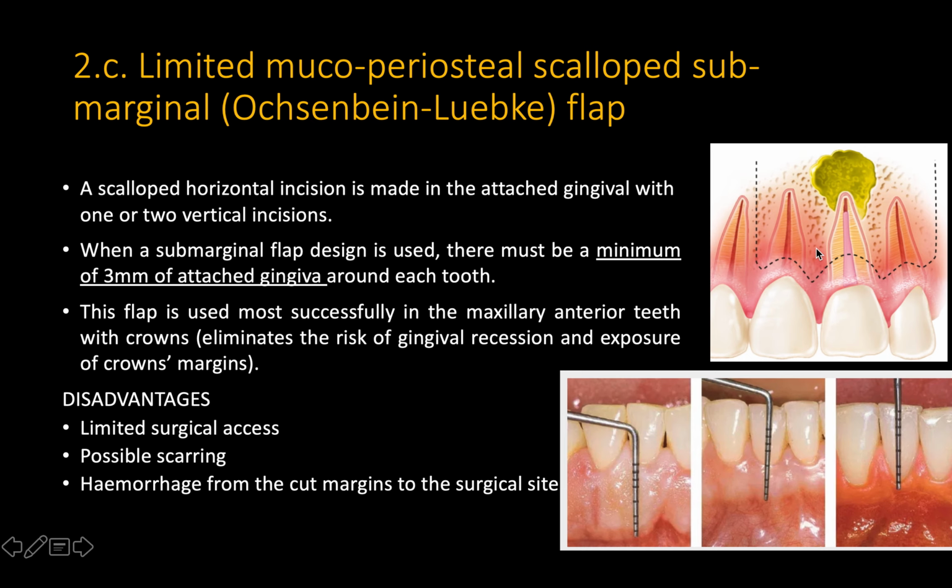But in order to be able to do this flap design, we should have at least 3 millimeters of attached gingiva. The amount of attached gingiva varies between patients. So this patient has almost over 10 millimeters of attached gingiva, while on the other hand, this patient has only 1 millimeter of attached gingiva, and this patient will not be suitable for this flap design. So you need a broad band of attached gingiva, at least 3 millimeters, in order to do this flap design. This will produce recession-free